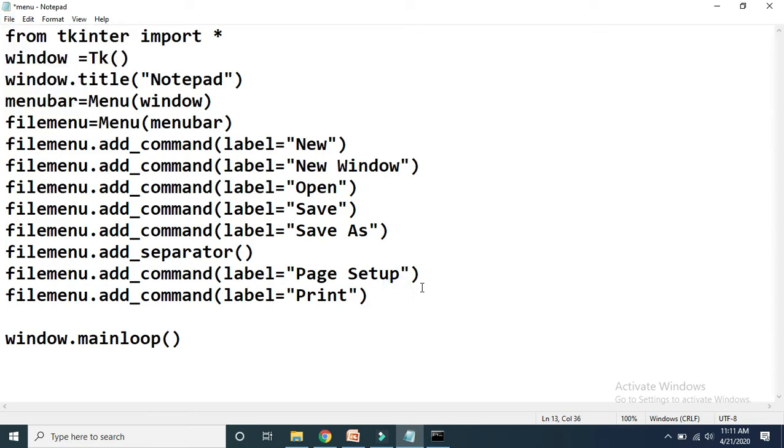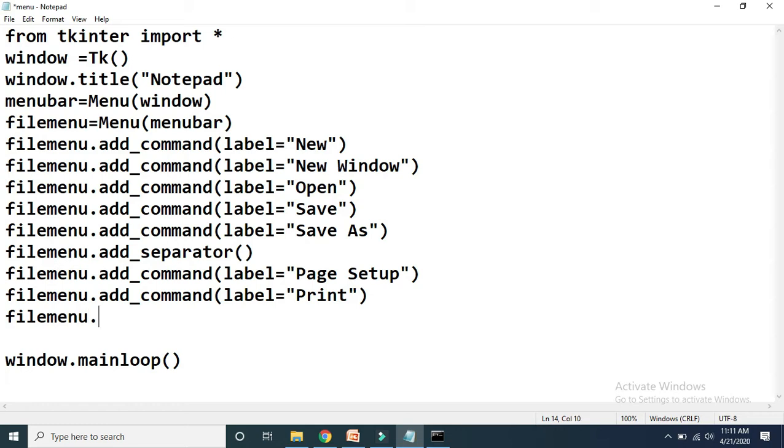So separator is there, that's why once again I am calling add underscore separator. Now this is a method, so give open and close parenthesis.